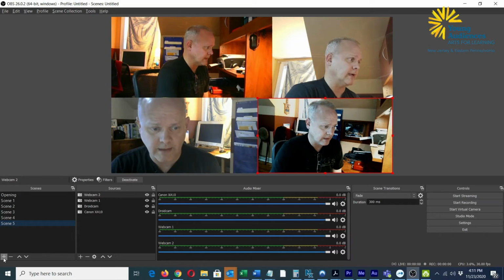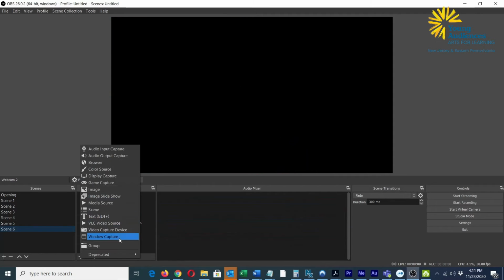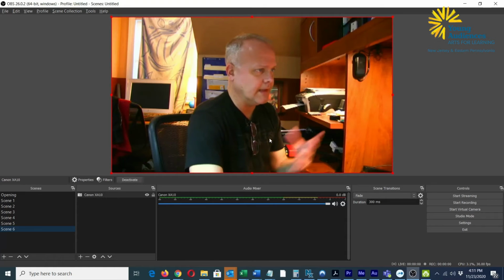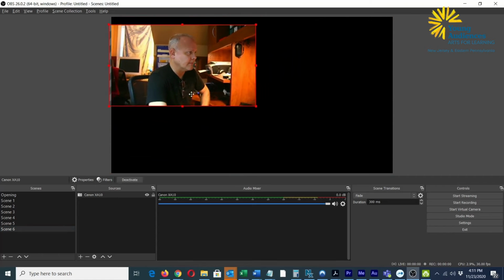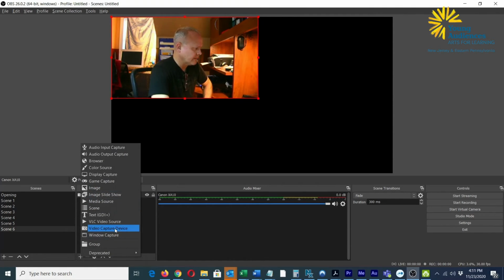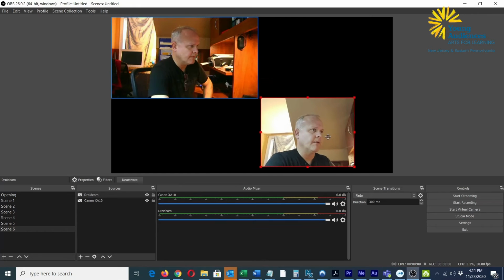So if I click on the plus sign and new scene, if I add another video capture device here, I've already got these existing, so I can select them. So I can add one right there, Canon XA10, and it pops it right into the frame. I can resize it, I can move it around, I can put it somewhere else. I can add another camera, video capture device, go to the Droid Cam, add that, and I can put that